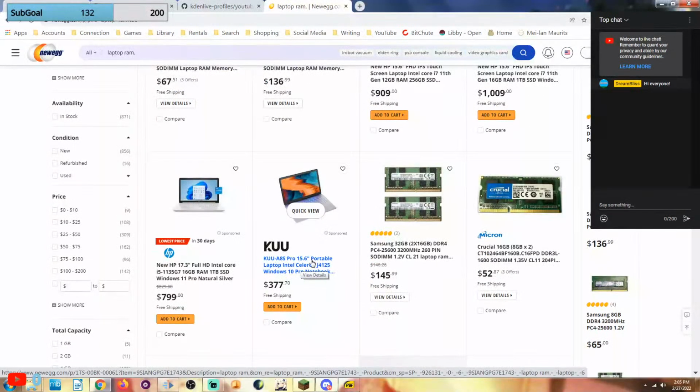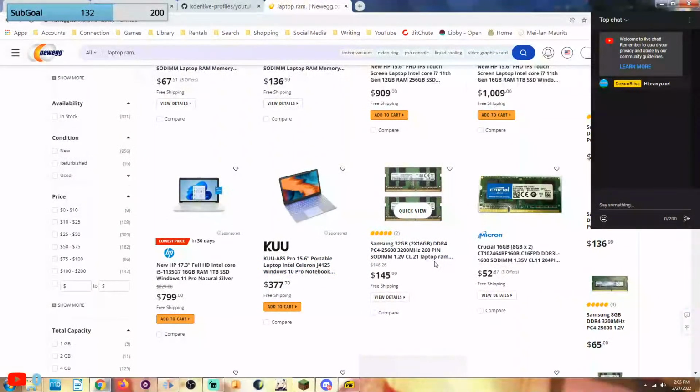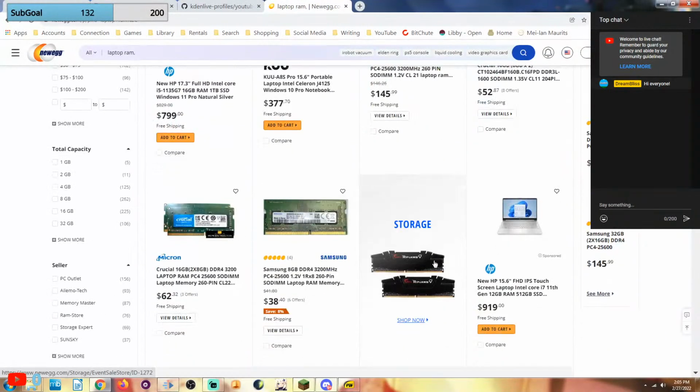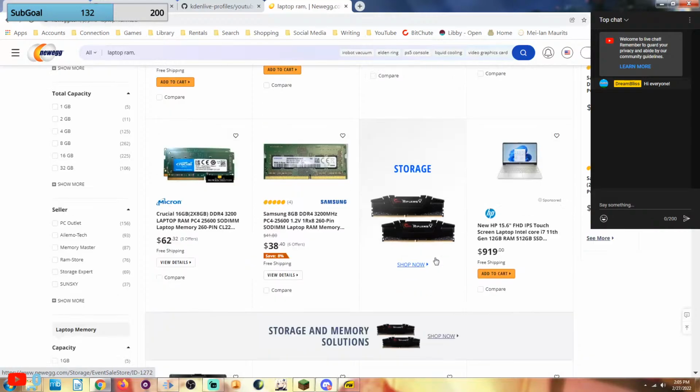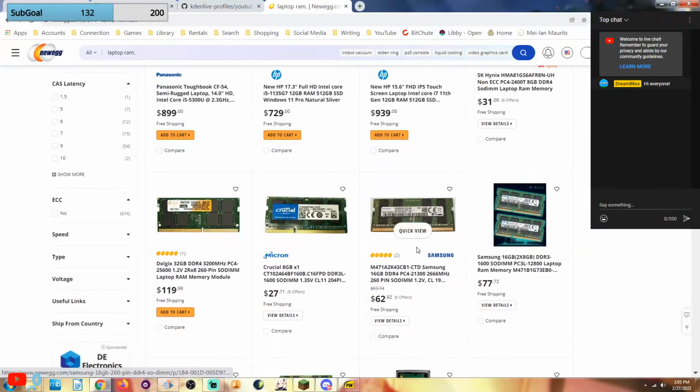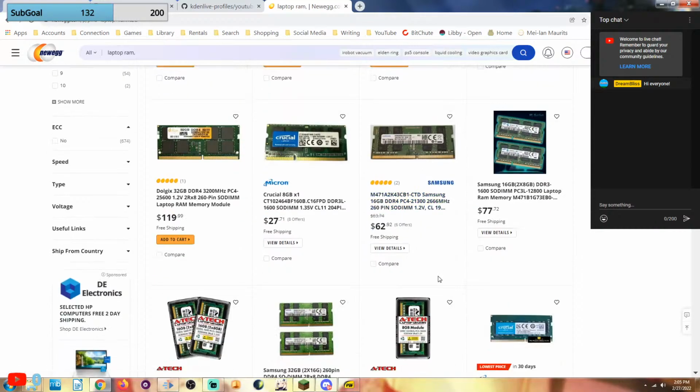I think it's generally a 260 pin. It looks like this. You're going to be looking for this kind of RAM, and you're going to want to get the maximum amount of RAM that you can get. Mushkin is a good brand if you can get a hold of it. Crucial is okay. Get one of the gaming RAM that you would see for a normal PC, like